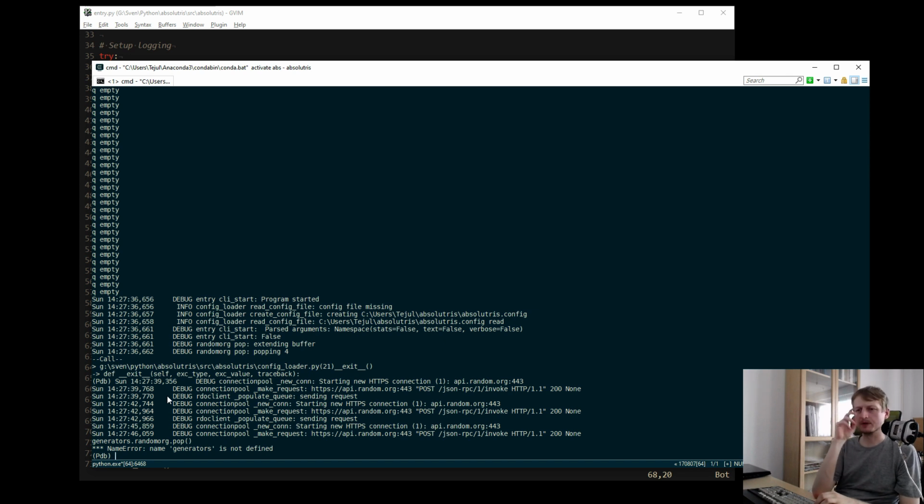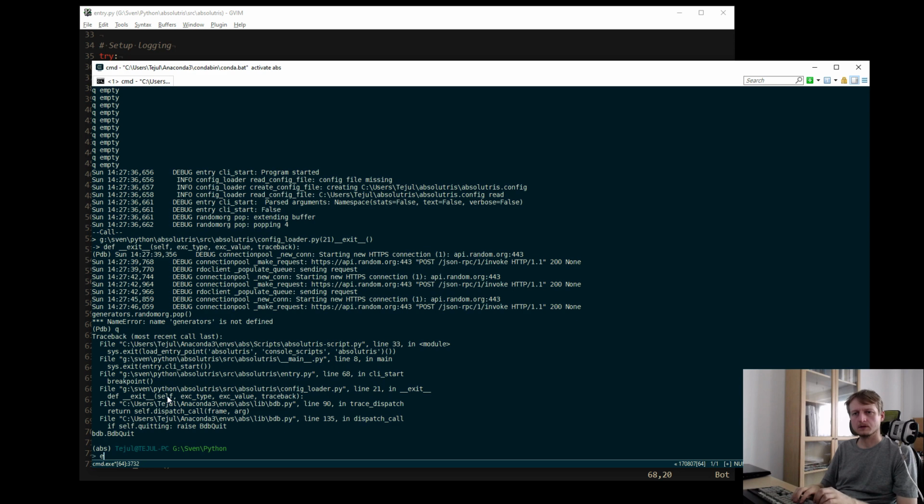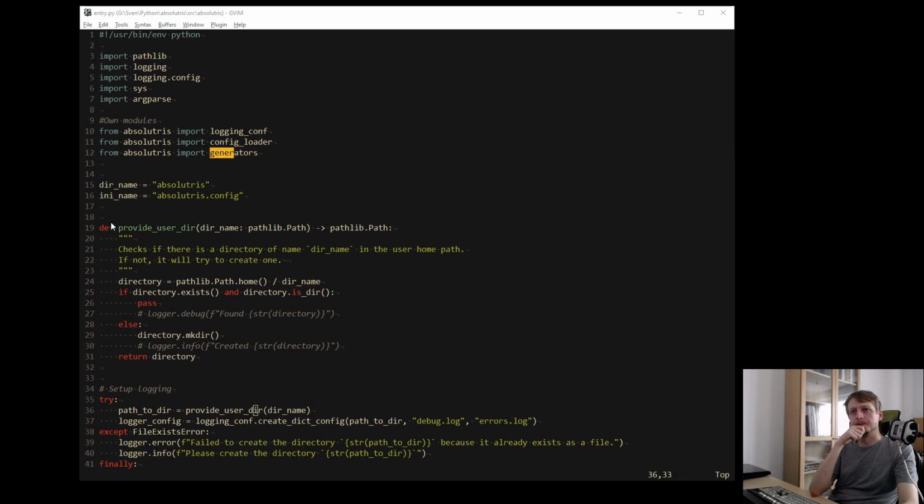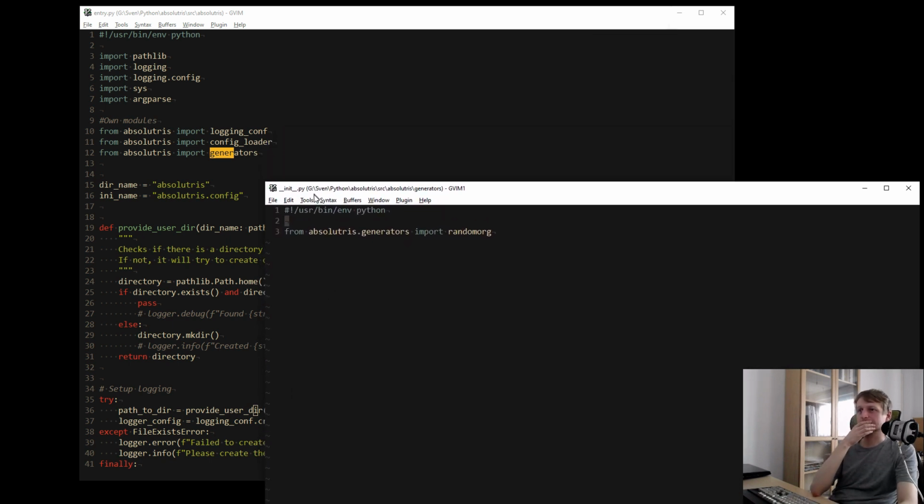I think it's something with my module. Generators module has this thing.